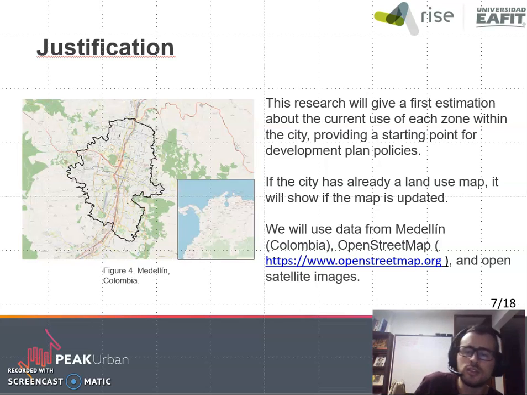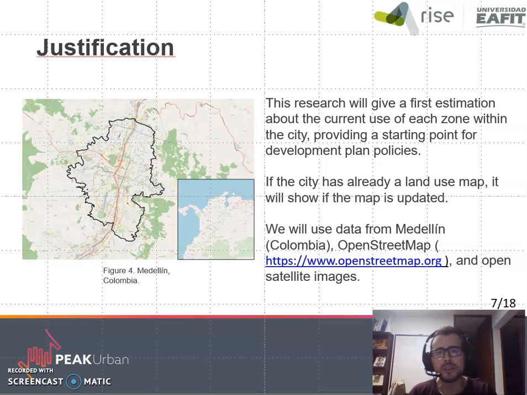So this research is important because it can give a first estimation of the current use of the land in a city. We may have 2 possibilities here. If the city doesn't have a land use map, then we can have a first approach.